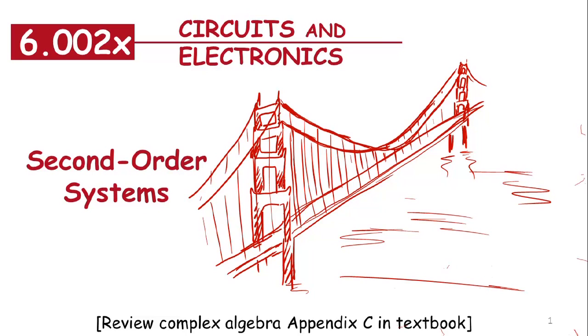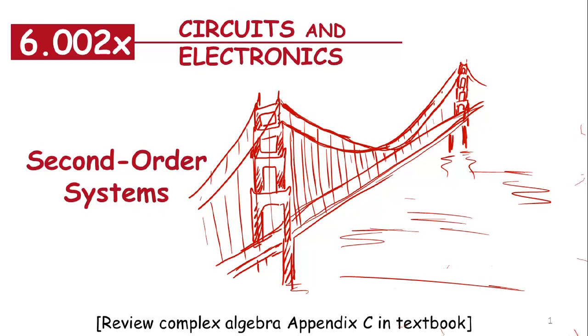So in these circuits you will have two independent energy storage elements. So for example, you might have a capacitor and an inductor, or you might have two capacitors that are independent of each other. Now, in such systems, we are going to get dynamics that are governed by second-order differential equations,